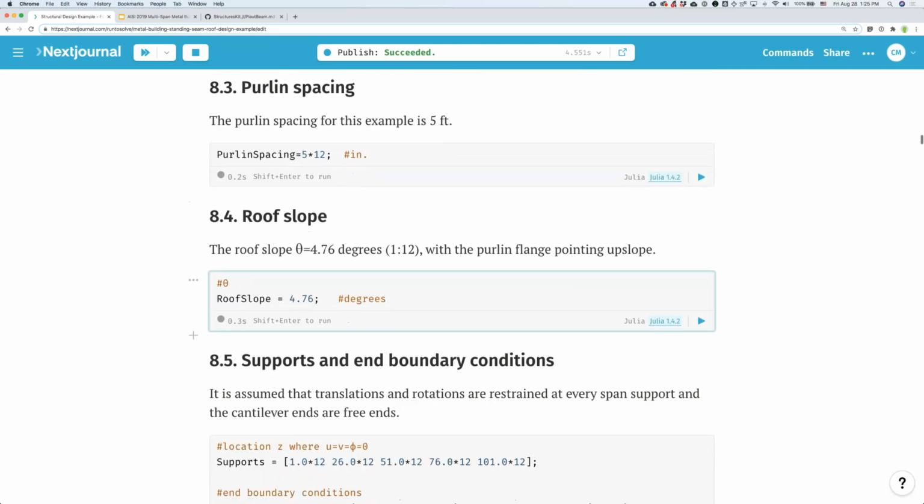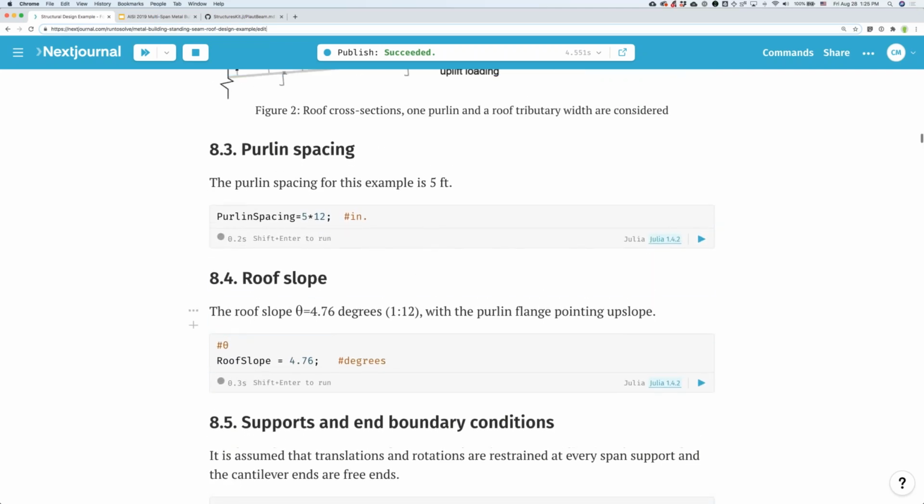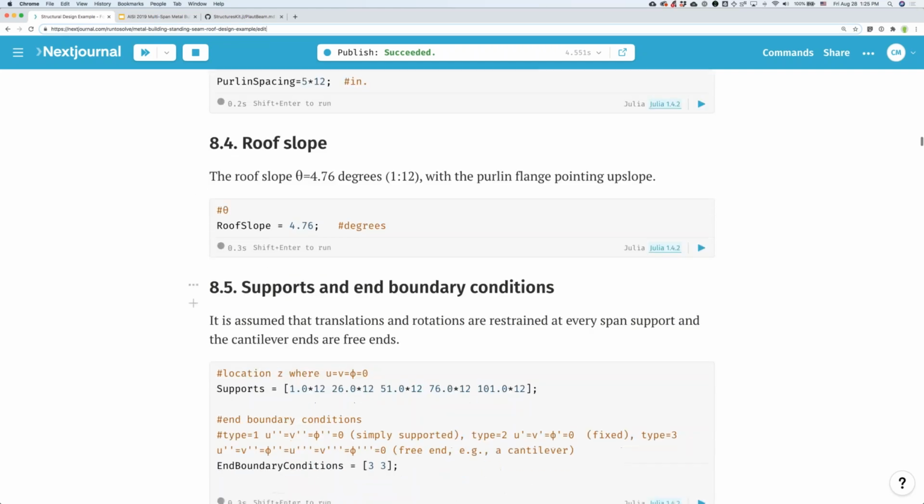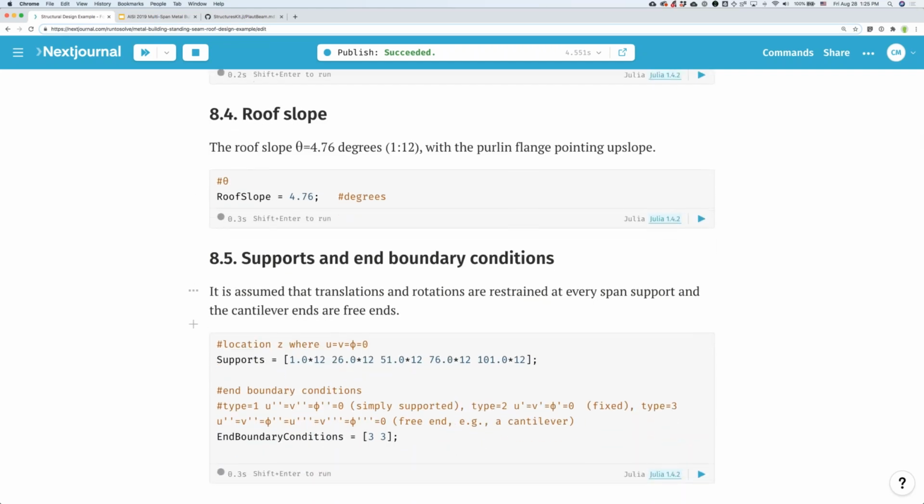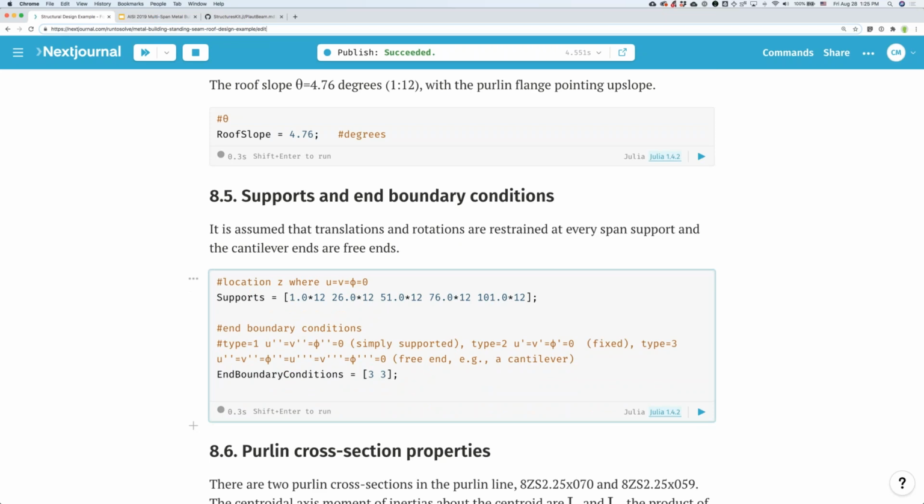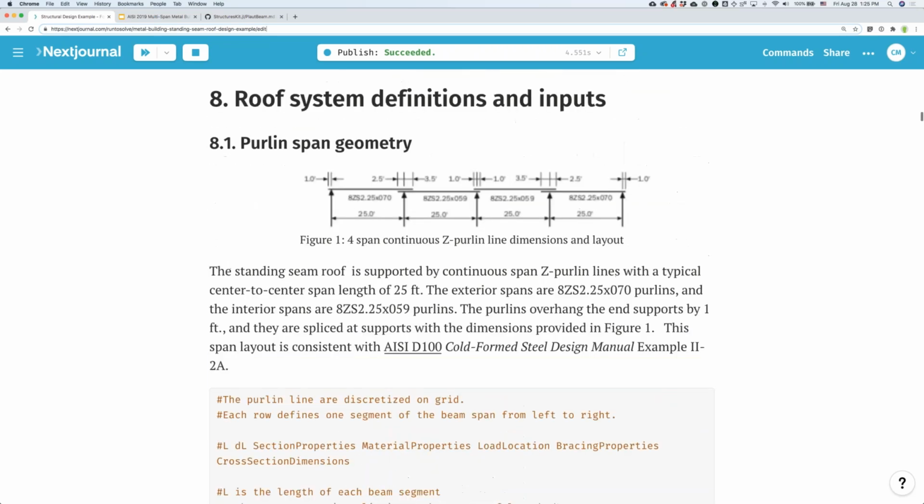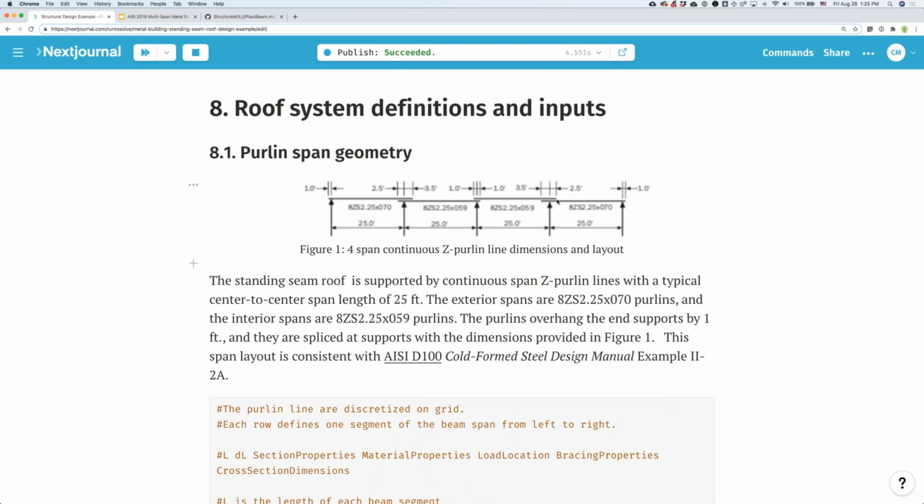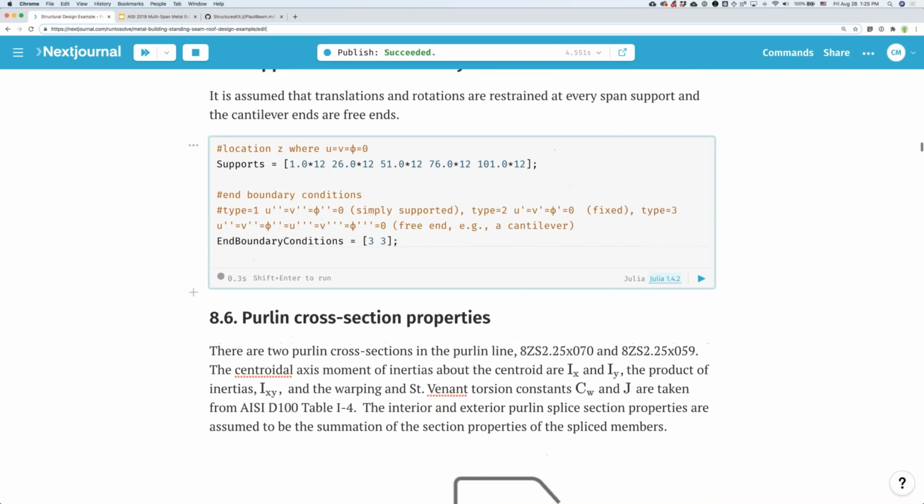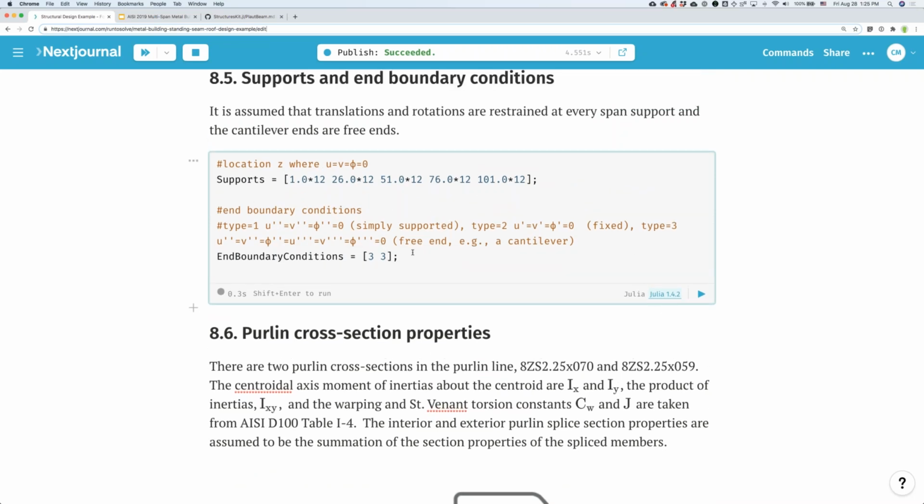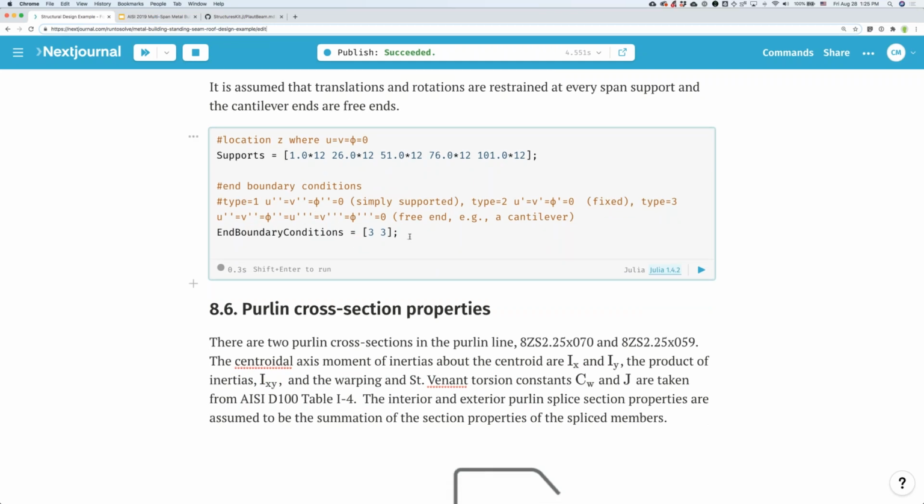Define the Purlin spacing, and in this example, I've defined the roof slope as 1 on 12, which is a very common roof slope in metal buildings. Define the support and boundary conditions. So there are 1, 2, 3, 4, 5 supports. And if we go up here, there's 1, 2, 3, 4, 5 supports. So just denoting where the supports are, and also we give some information about that far end boundary conditions. In this case, consider them as free end cantilevers,